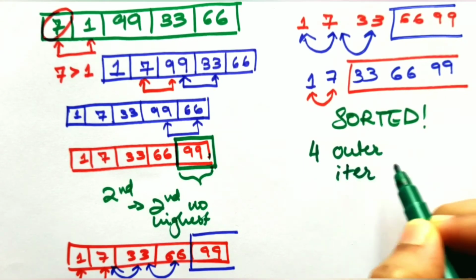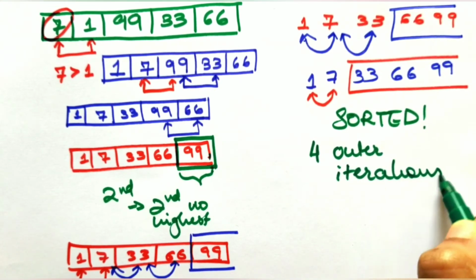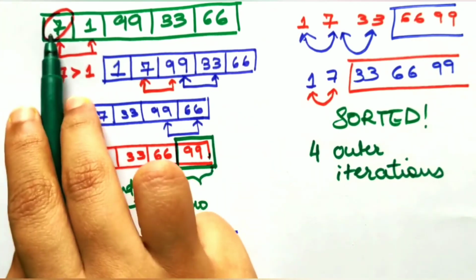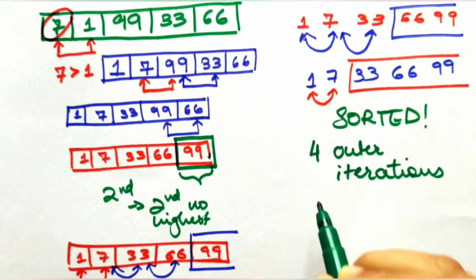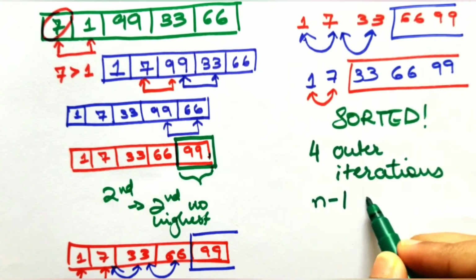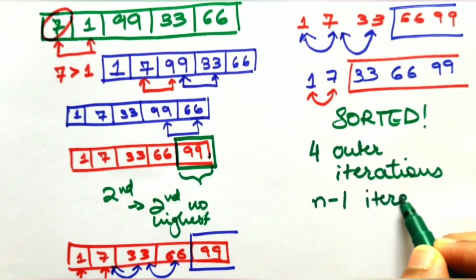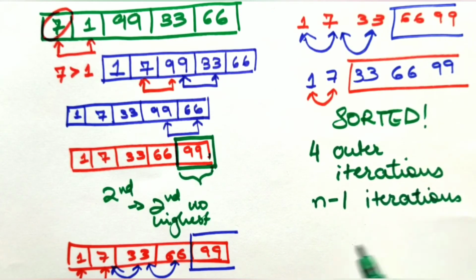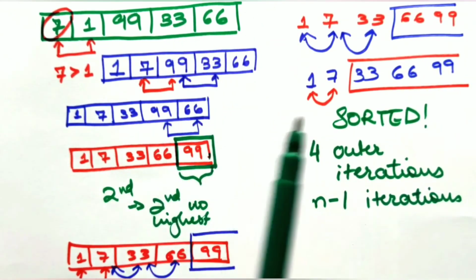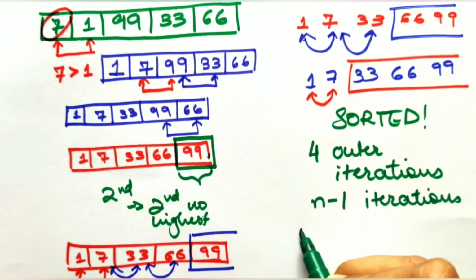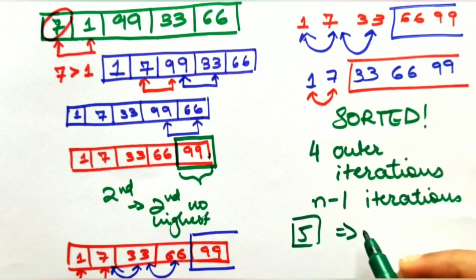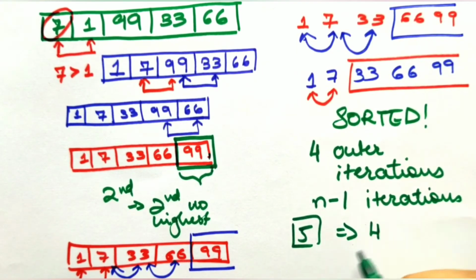And how many numbers do we have in the array? Can you all count that? 1, 2, 3, 4, 5. Now here is the thing. You always have n-1 iterations being performed. Why n-1? Because the last element is always excluded, since it gets sorted each time one outer iteration gets completed. So since you have 5 elements here, there will be compulsory 4 iterations, that is n-1.